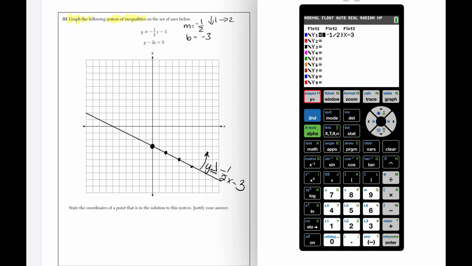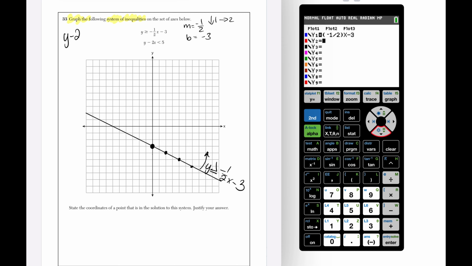So I could go back to my y equals, and I could also put in my second equation. The problem with this one is that it's not written in that y equals form. So I'm going to want to do a little bit of work to that. So let's fix that up. Y minus 2x is less than 5. So I'm going to add 2x to both sides. So y is less than